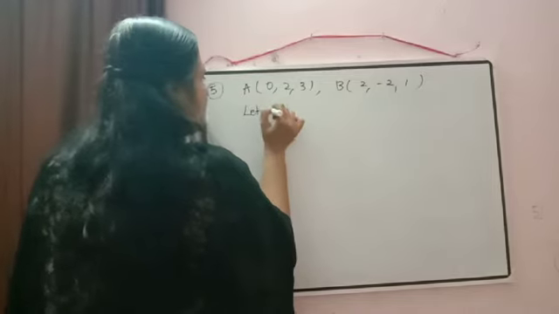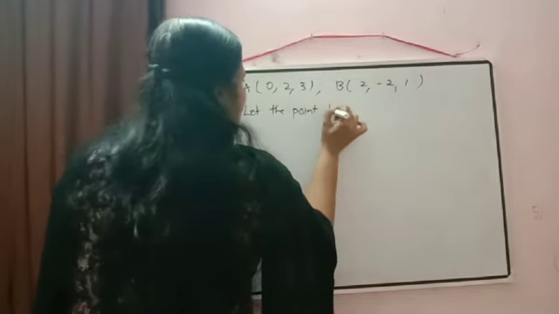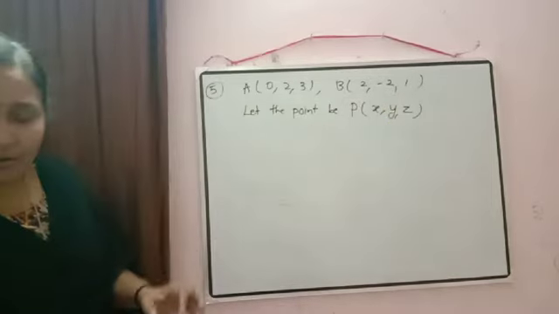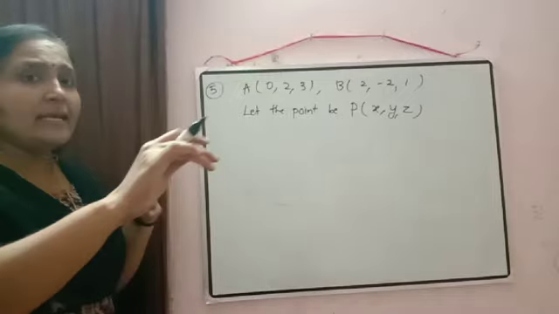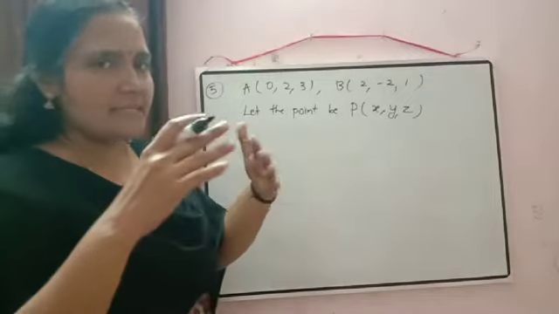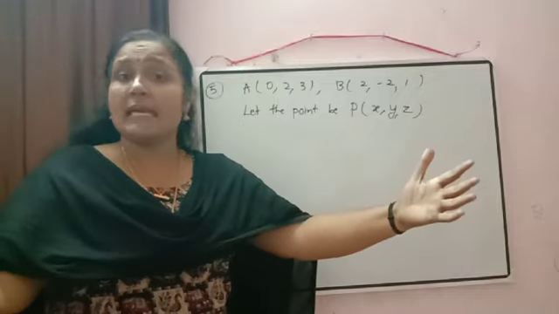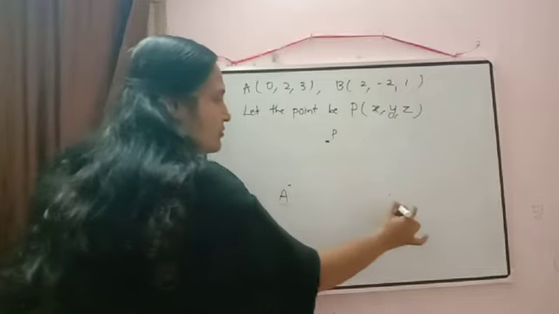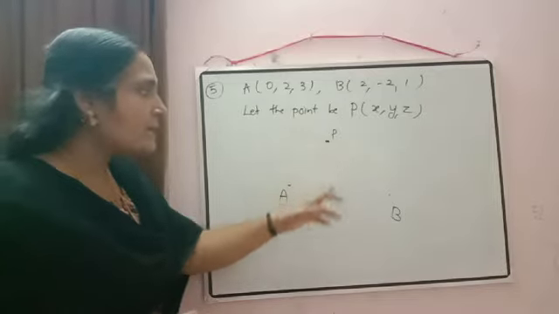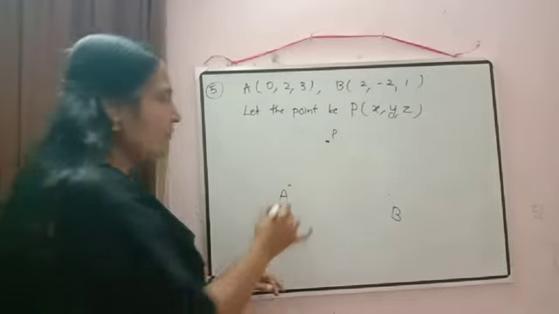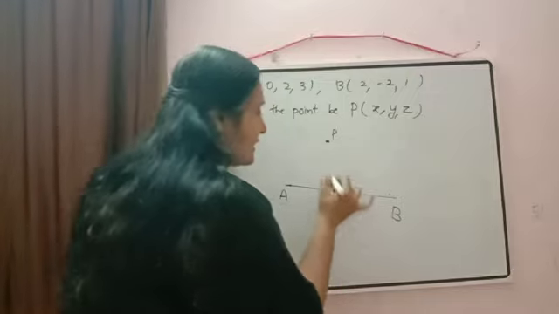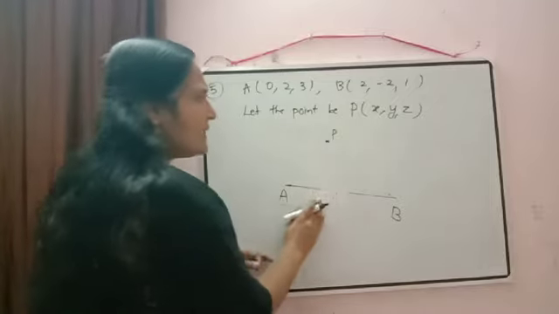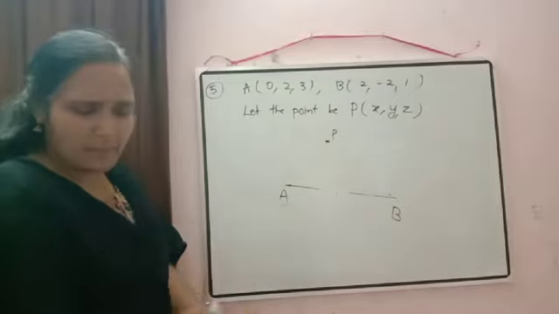So since it is three-dimensional, we will write down there: let the point be P with coordinates x, y, z. And what is the information given in the question? It is equidistant. Equidistant means its distance from A and from B is equal. P is equidistant from A and B. Don't get confused with the midpoint there. It doesn't mean that P is the midpoint of AB. Midpoint will come if the point P is in between, on the line joining A and B. At present they said it is equidistant, so somewhere the point P is there.